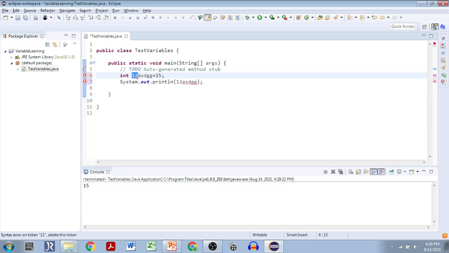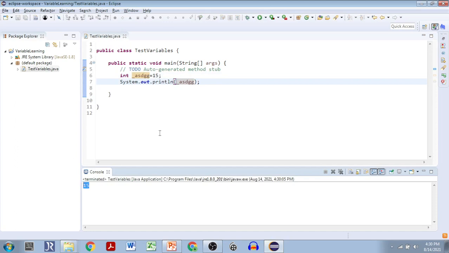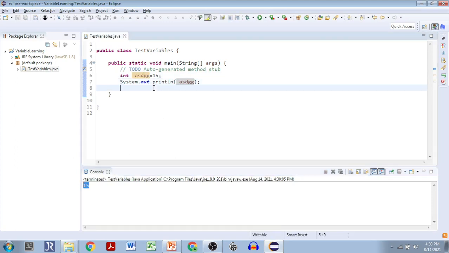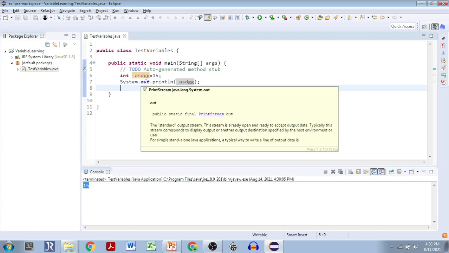What do we need then? It should start with either an alphabetic character, or there are some special characters which are allowed, like underscore. If I give underscore, it's working. Now it's not showing any error. Now the compiler is not showing any error. Now we'll see whether it's printable or not. Yes, it's printable. Now it's printing because there is no compile time error. So it's printing the variable value.